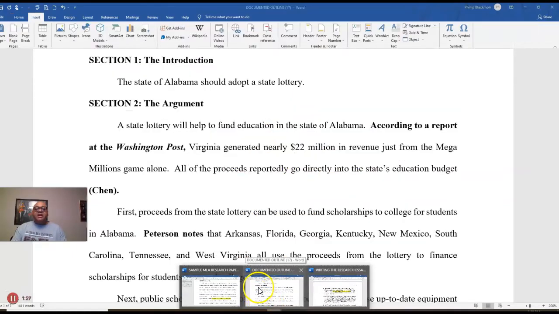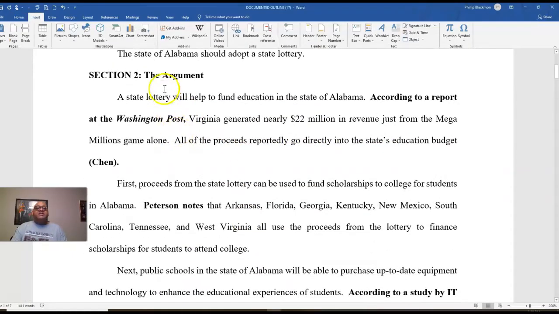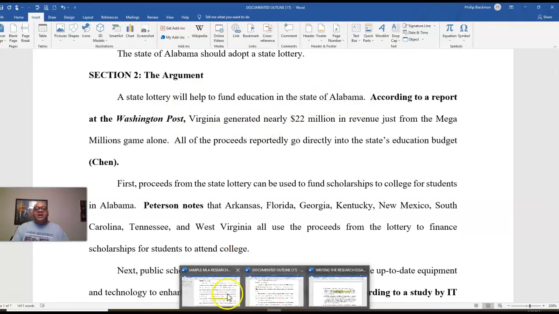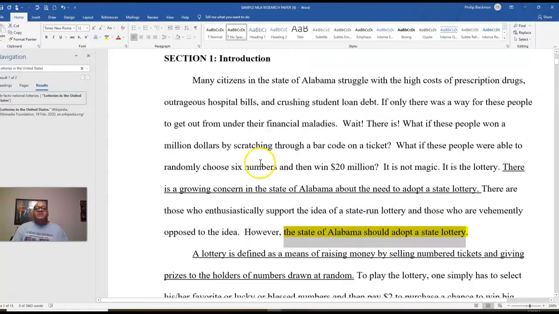to the outline. In section number 2, the argument, I have my topic sentence that's controlling this section. I have my research. So what I want to do now is go back and add to this. I want to add some explanation. I want to give some examples. I want to give some analysis to this, right? So in the final paper, you see how I did this. And in the final paper, we're going to